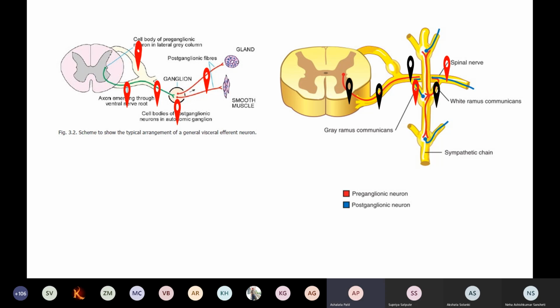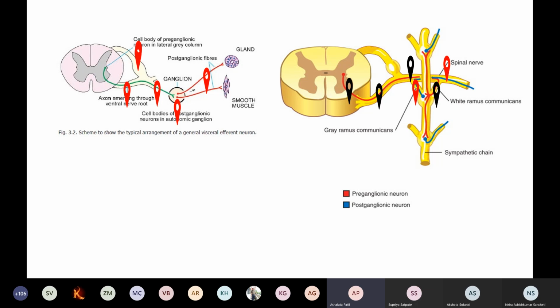So these preganglionic fibers are leaving the spinal cord. What is this called? Here, same thing again, see it from the lateral horn. These preganglionic fibers are running through the ventral root and they enter this spinal nerve. Now they leave this spinal nerve and go to this sympathetic ganglion. So this is called the white ramus communicans, the communication between the spinal nerve and the sympathetic ganglia.